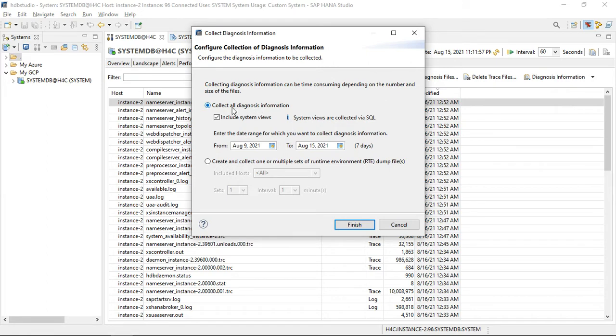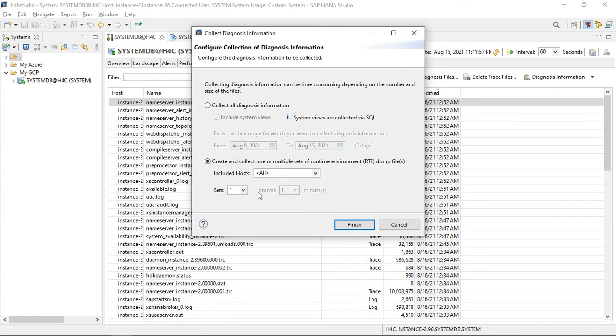For example, if you want to collect all traces for the last 7 days, just select this and click on finish. It will collect all traces for the last 7 days. You can take a runtime dump also. What is the difference between these two? The first option is basically history kind of data it will collect, and the runtime dump means at every period of the cycle it will collect the dump.